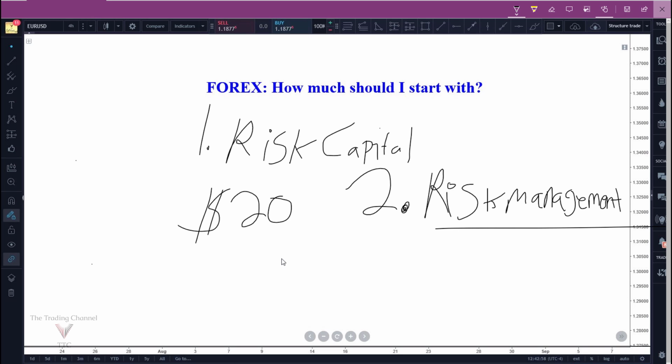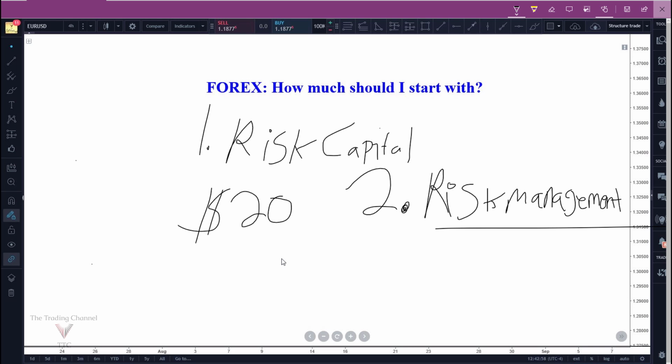There are people that trade with different risk management. Some people trade based on micro lots and mini lots and standard lots, and that's the way they raise and lower their position size. They either trade 1, 2, 3 of those lot sizes. Well, for me, I trade a little bit differently. I use a certain percentage of my account per trade on every single trade, and that's how I implement risk management and money management into my trading. So that's the way I'm going to explain this here today.